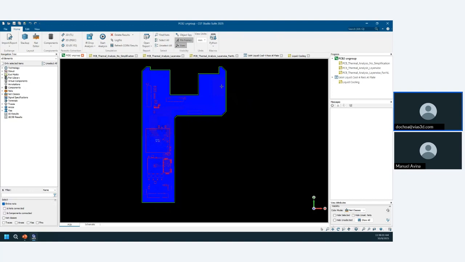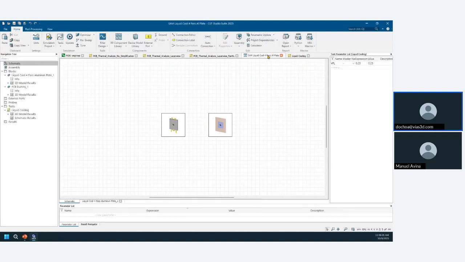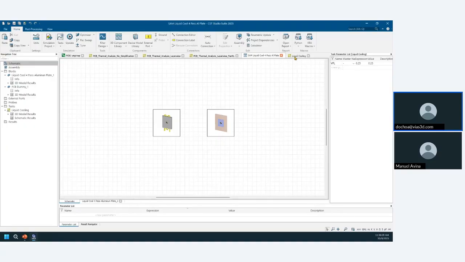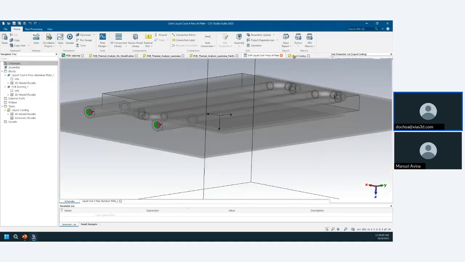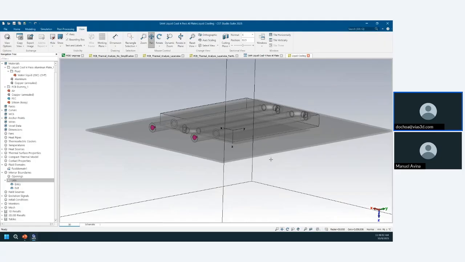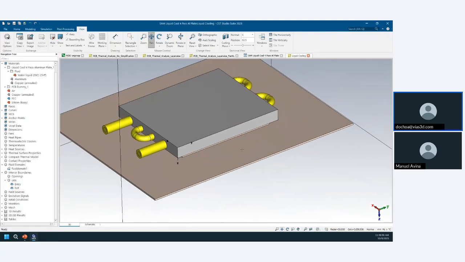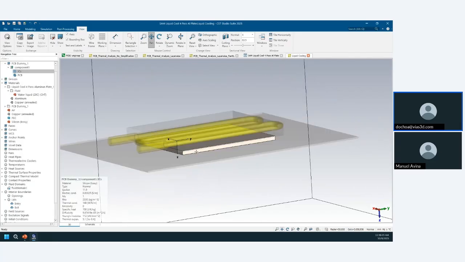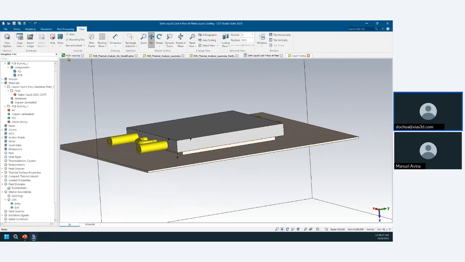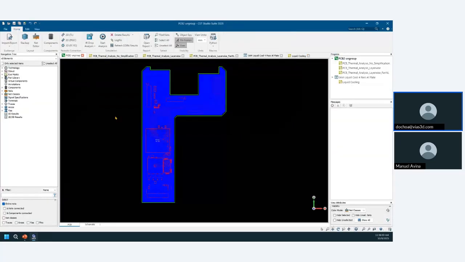I also have another project over here. This one is a very simple project as well. I'm using liquid cooling. Basically, I'm using a fluid to cool down the heat coming from a chip, which is this one here at the bottom. So let me start with the PCB. As I mentioned before,